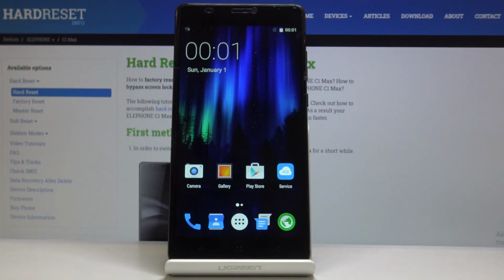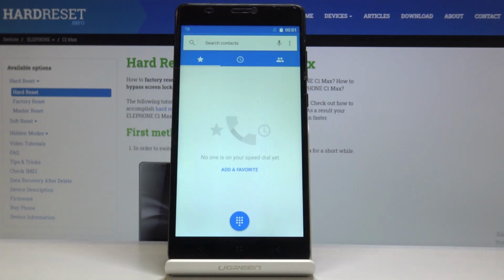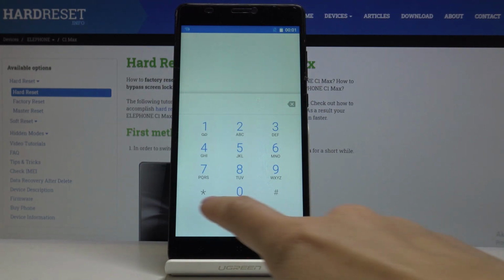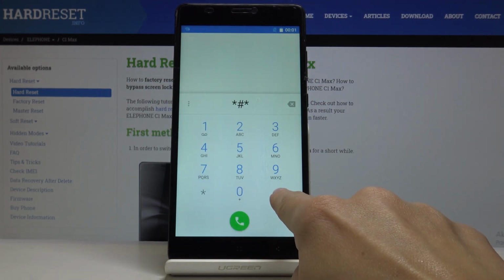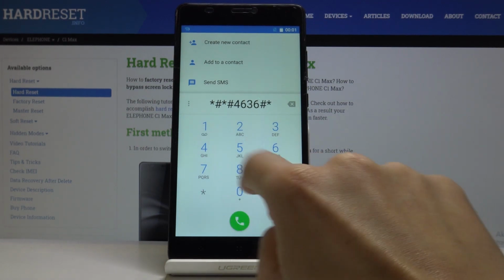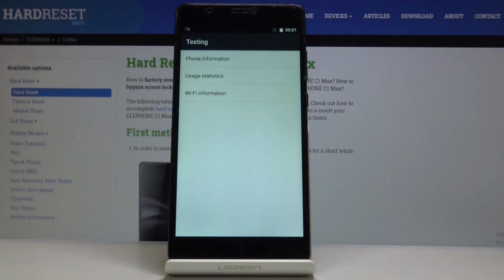Here I've got the ELEPHONE C1 Max, and let me show you how to use all the secret codes on the following device. At first you have to open the phone dialer, and now go to keypad. Let's start with the first code, which is *#*#4636#*#. And as you can see, now you're in testing mode, where you can check phone information, user statistics, and